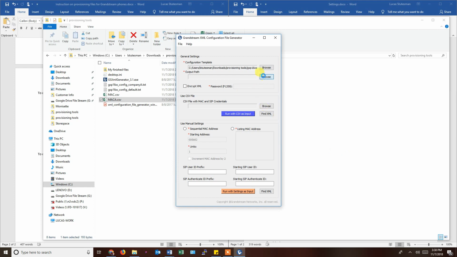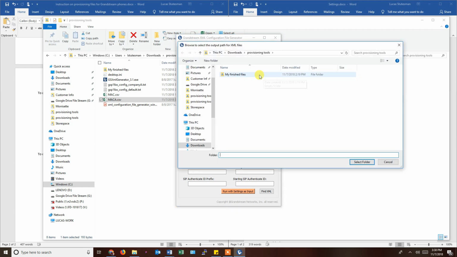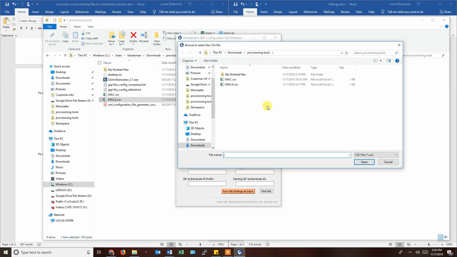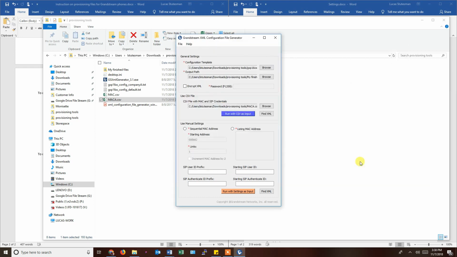The output path, where do I want these to end up? And that's, like I said earlier, that's going to go into my finished files folder. So I select that folder. We could encrypt the files with a password, but we're not gonna. We're gonna come down here and we are going to browse the Mac file that it's looking for. So we pick our Mac for company A, and when you have those three paths in, you simply hit run